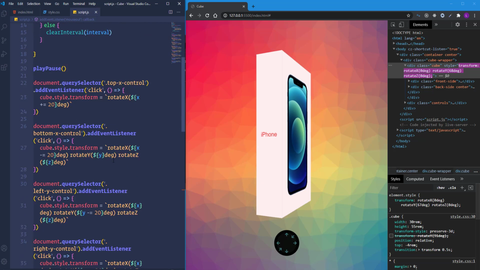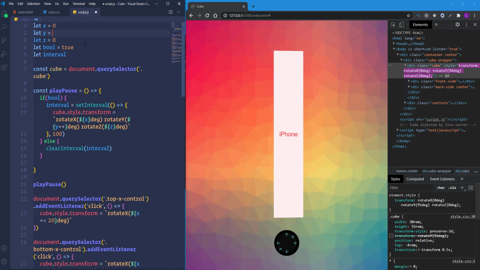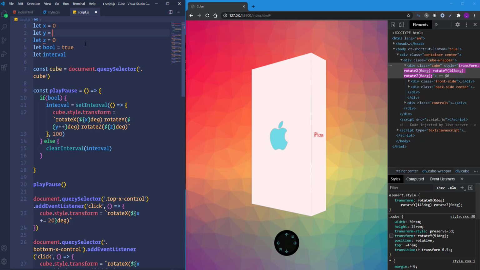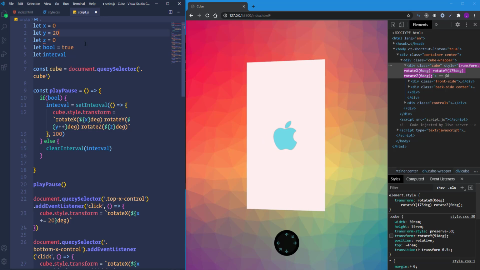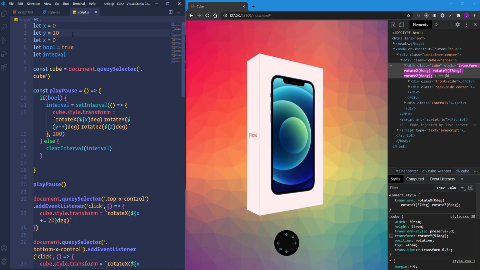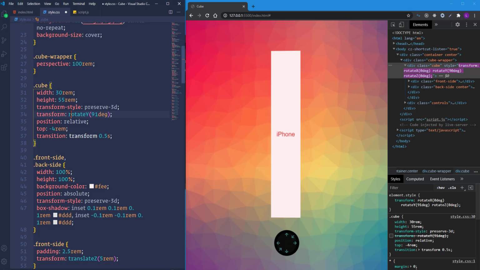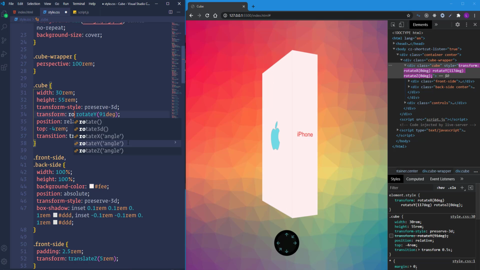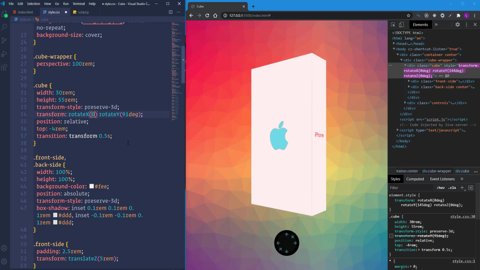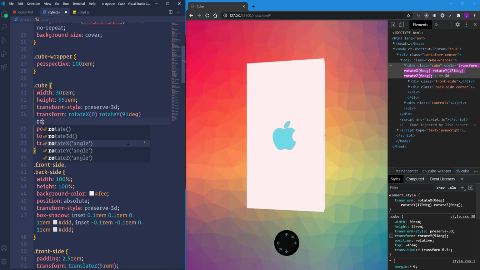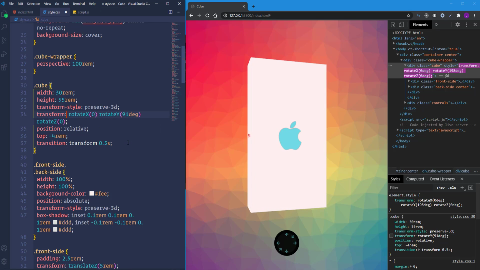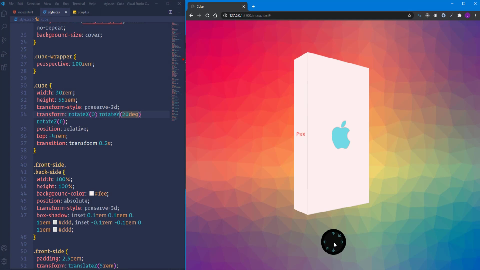The only thing that I'm going to do is to change the value of the y variable, because once we reload the page, I want the cube to be slightly rotated at the starting point. And besides that, we need to change this value from CSS by default. Let's get back here, transform, rotate, and add here rotate functions with X and Z directions. And also I'm going to make the value of the rotate Y function 20 degrees. Okay, actually we are done.